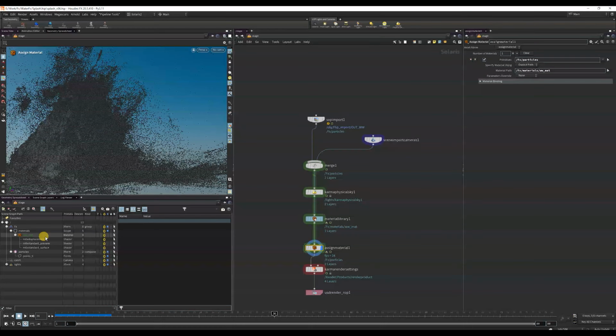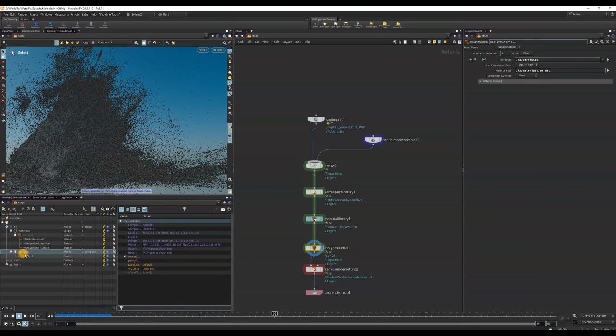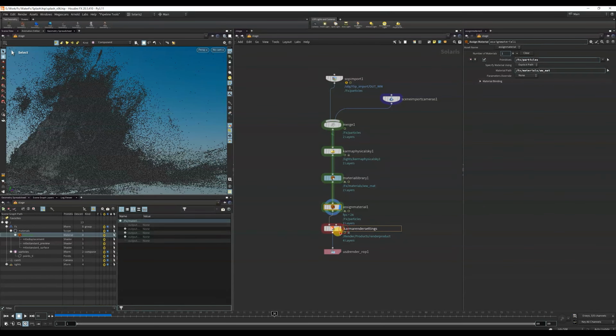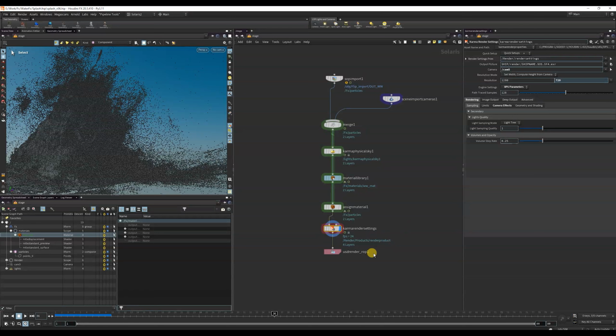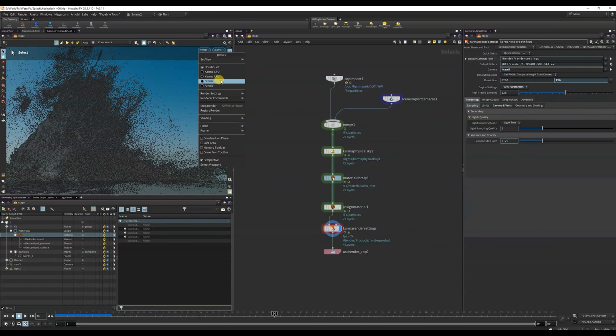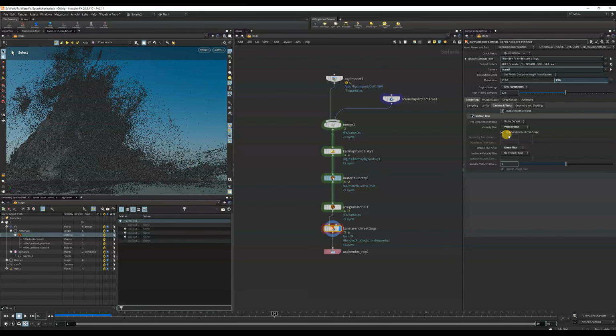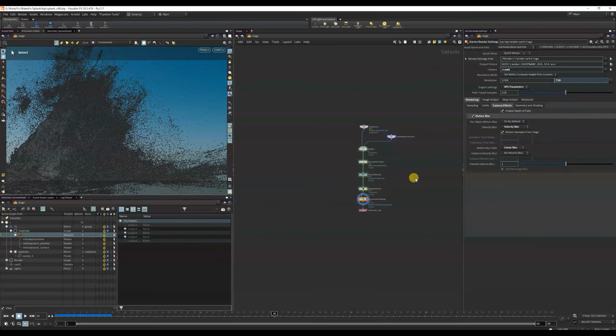And assign material, same thing. If it's particle, you just drag and drop this FX particle, and for the material you can drag and drop the FX materials. Okay, after that you can take the Karma render settings. Here you can select cam 5, and for cam 5 I just select the material builder. In the camera effects make sure you turn on the motion blur. Okay, and if I check